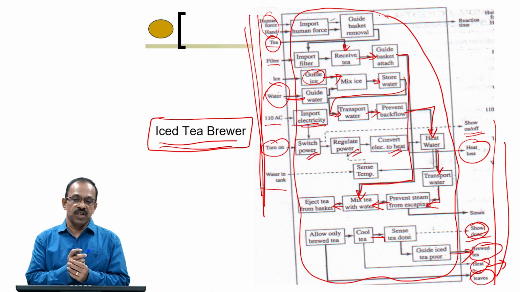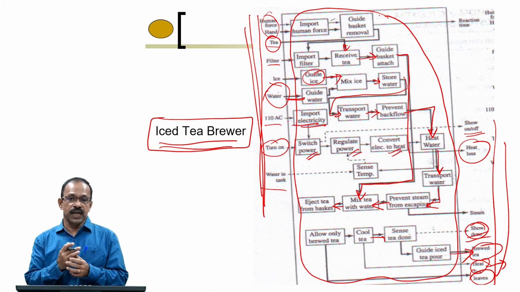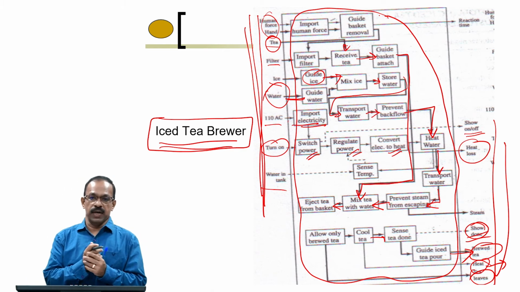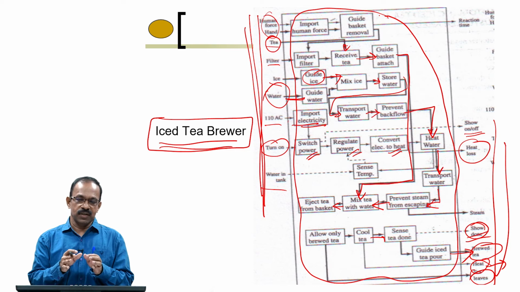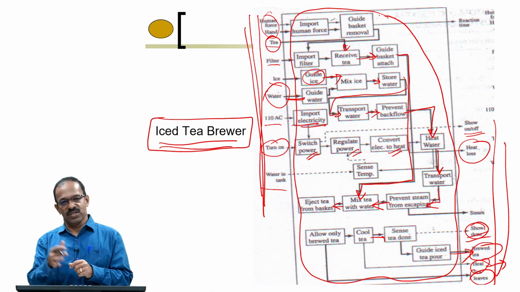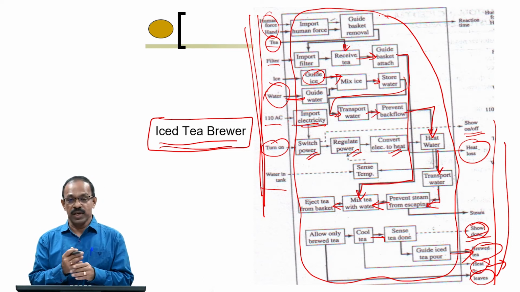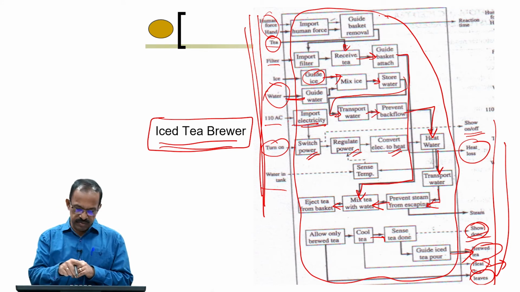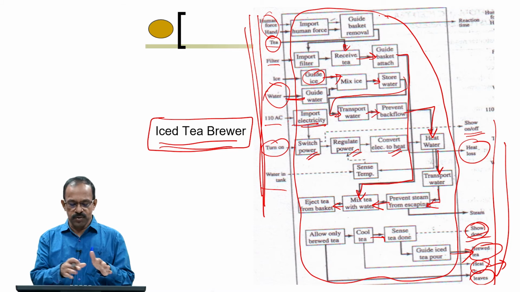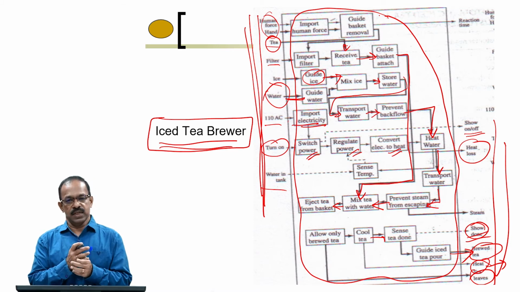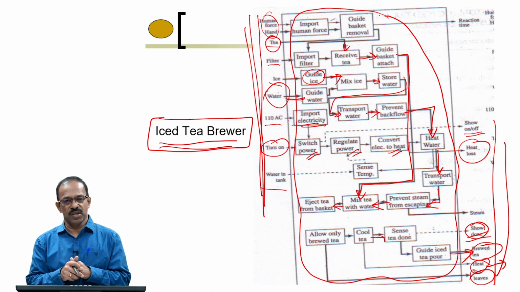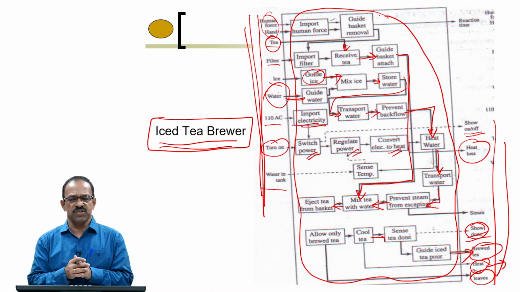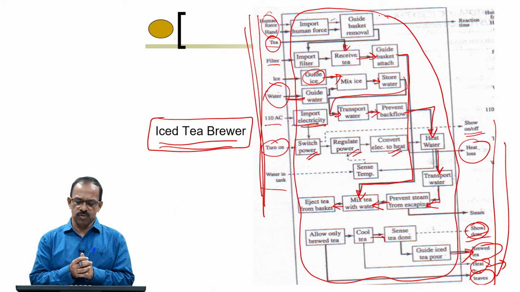If some of the functions are missing, then we will not be able to deliver the product or the output properly. And if some functions are not there or are not adequate, then you will have problems with the product. That is why it is necessary to identify all those sub functions in the product using functional decomposition methods. And as I told you, it need not be a unique way of decomposition. People can have slight variations in the way they do the decomposition.